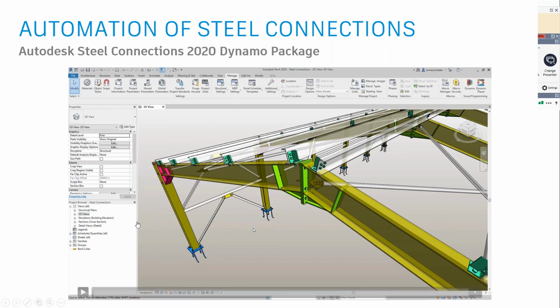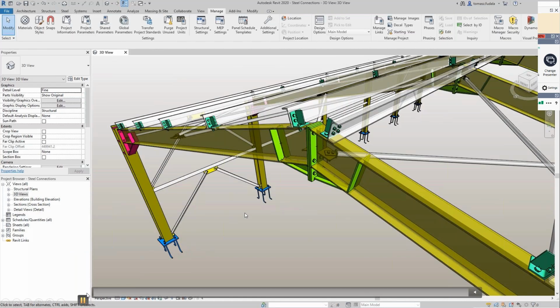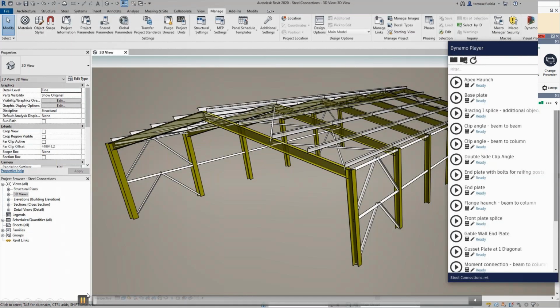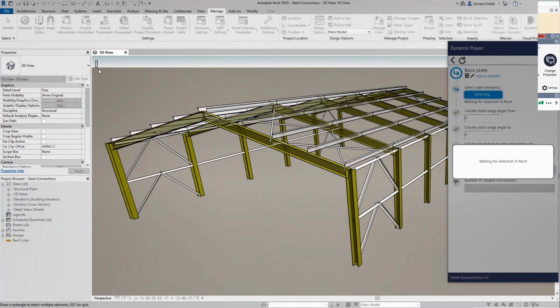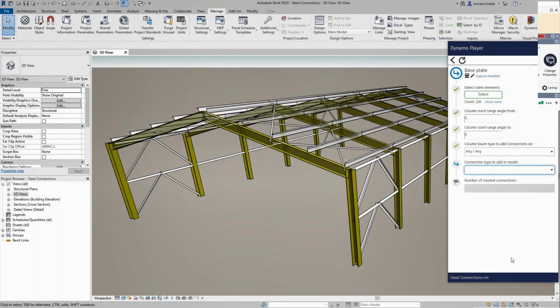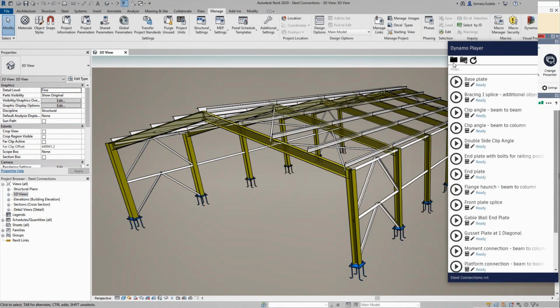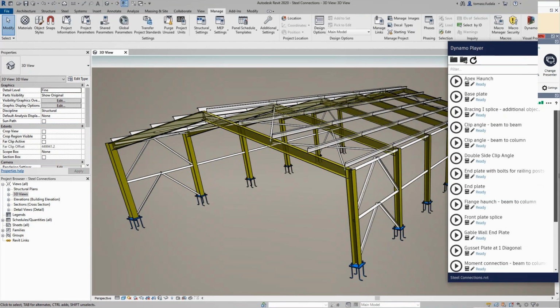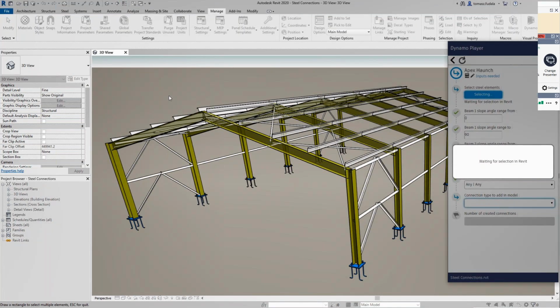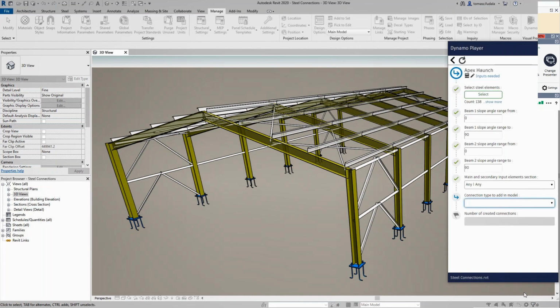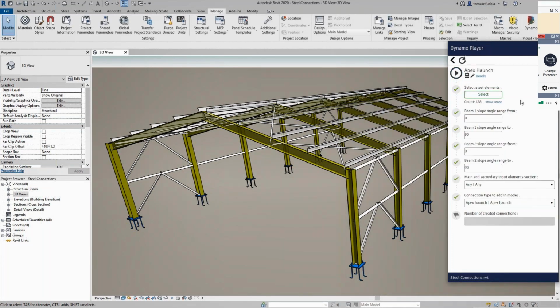So even for structural steel modeling, today I believe most of you are aware that steel connections are already an integral part of Revit. Even for automating the generation of steel connections based on pre-configured rules, with single clicks I can do the detailing of the entire model. I can just choose the entire structure, and it will identify the scenarios where a particular connection type needs to be placed.